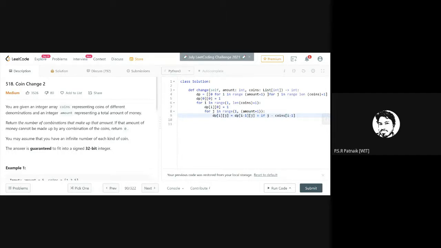Can anyone tell me? Less than or equal to or greater than or equal to?